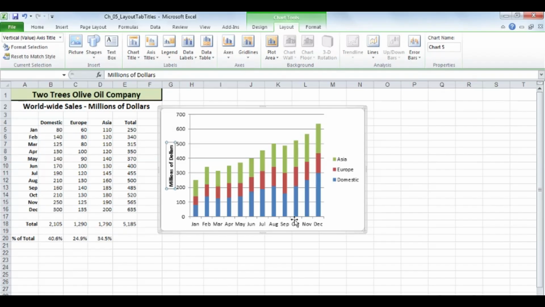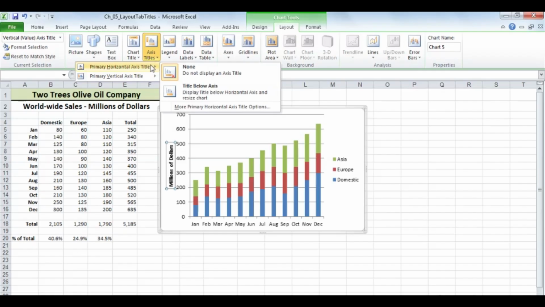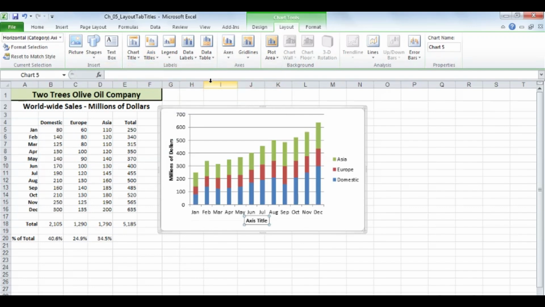How about data below the chart? Probably not often as necessary as this one is likely to be, but certainly at times you want that. Axis titles, primary horizontal. And only one real choice here, title below axis. And maybe we just want to put in, for example, the year, something that we could have put in. You might want to put in a chart title, but you can choose to put whatever titles you want where you want to put them. So maybe here we want to put in 2011